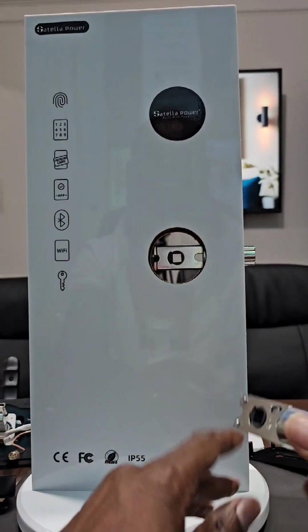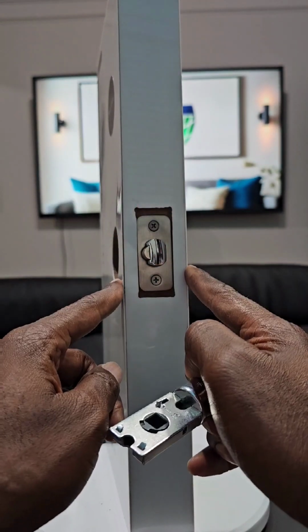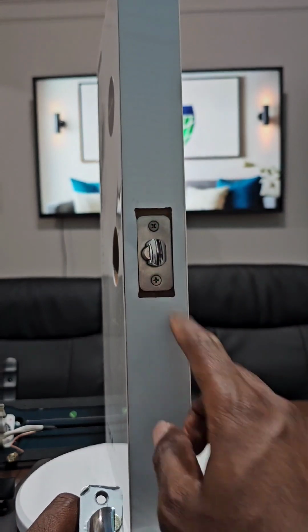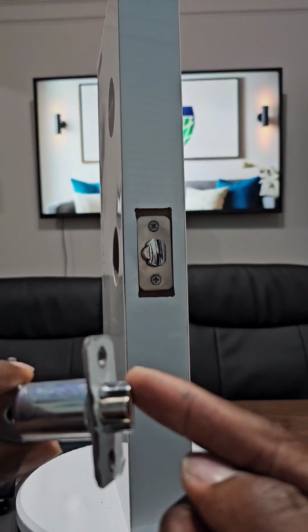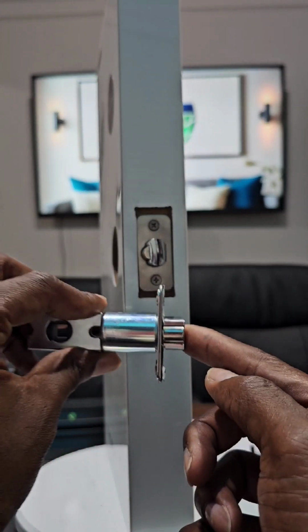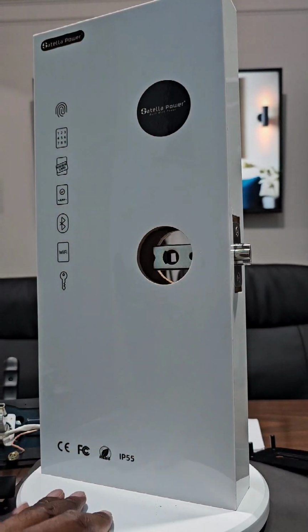Once this is done, you will want to put in the one that you have removed from your existing door, and you will put your screw on the top and on the bottom. This faces the outside because this is the part that closes against the door. So this will face the outside and this will face the inside. Once you have done so,